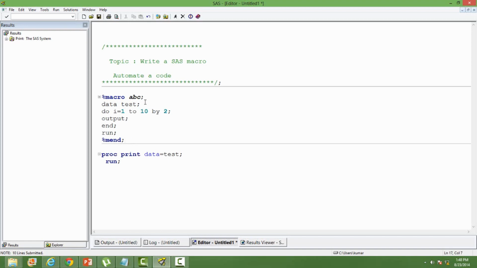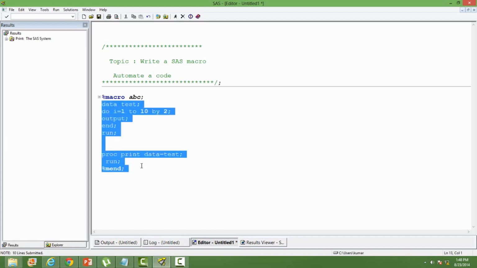We start with percentage macro, mention a name, and then we end the macro with percentage mend. I guess we need to do that after the print statement. That's how we put our code inside the SAS macro, and then we will run it.